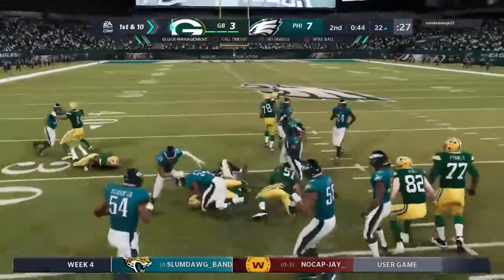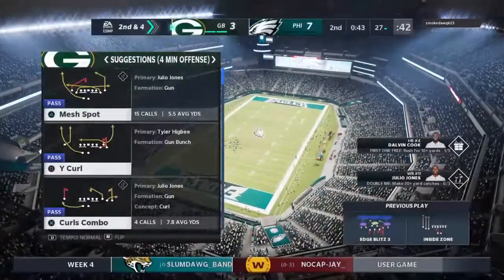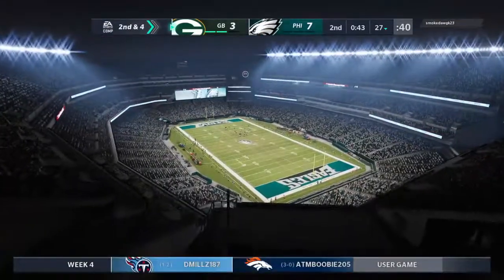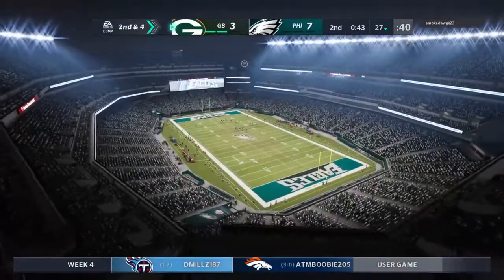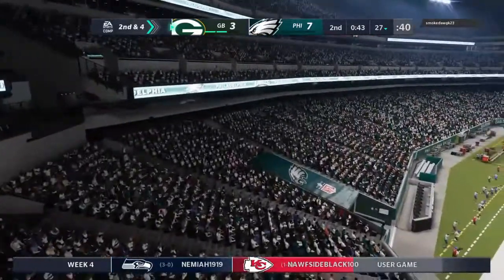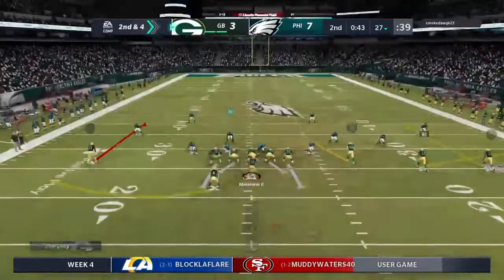It certainly does, but what influences me even more is who I've got running my football team out on the field and the weapons around him. Can he make a play? Can he get into someone that we're going to trust to take care of the ball? If that's the case, I might push it a little bit here and try and get something before the half runs out. The last run got 6, now